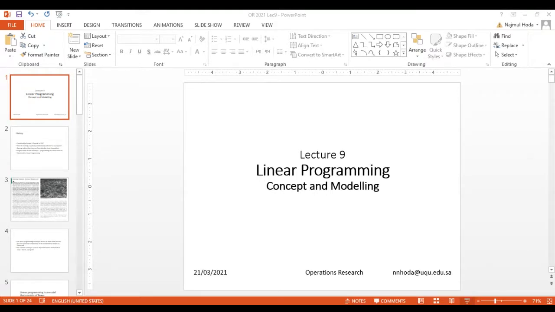After the transportation problem, we are going to start with linear programming. And today we'll learn about the basic concepts, and then we'll model two problems,